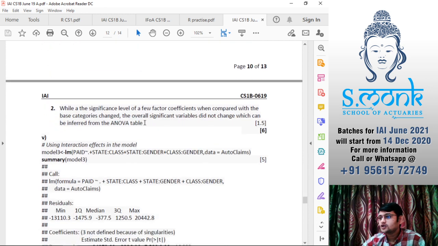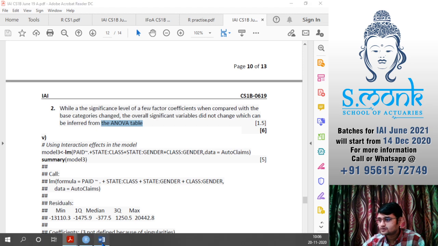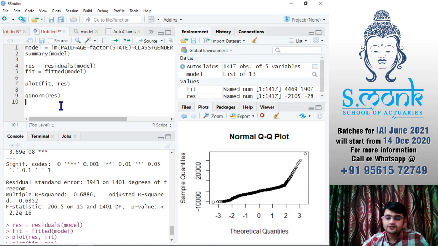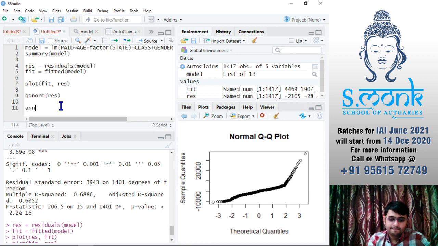For ANOVA, all you do is use anova of model.